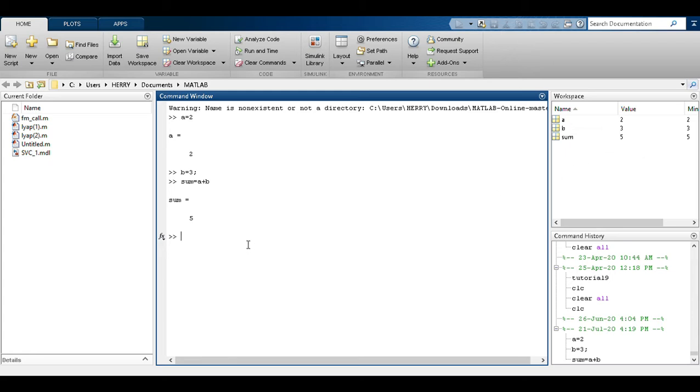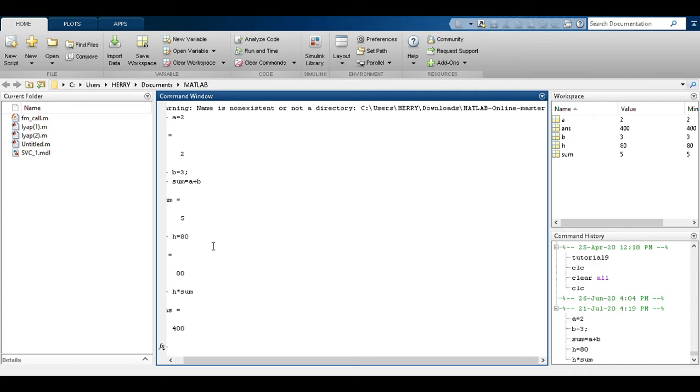Now let us use another variable, h is equal to 80. I am hitting enter, so it gives me the value of h is equal to 80. Now I am multiplying both terms, h multiplied by sum, so it will give me some answer. 80 multiplied by 5 will be 400.